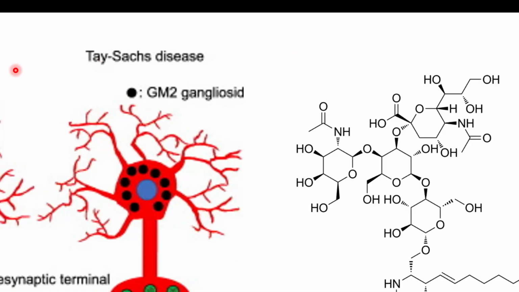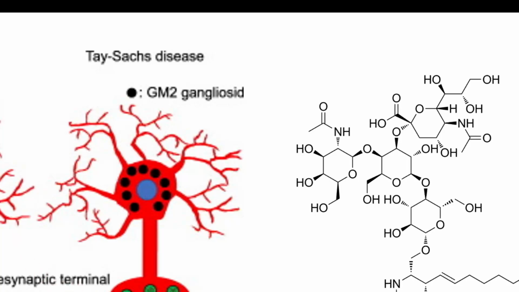So in a normal neuron versus a Tay-Sachs disease neuron, accumulation of GM2 gangliosides leads to decreased exocytotic activity. So more accumulation of GM2 gangliosides leads to less firing of the neurons at the presynaptic